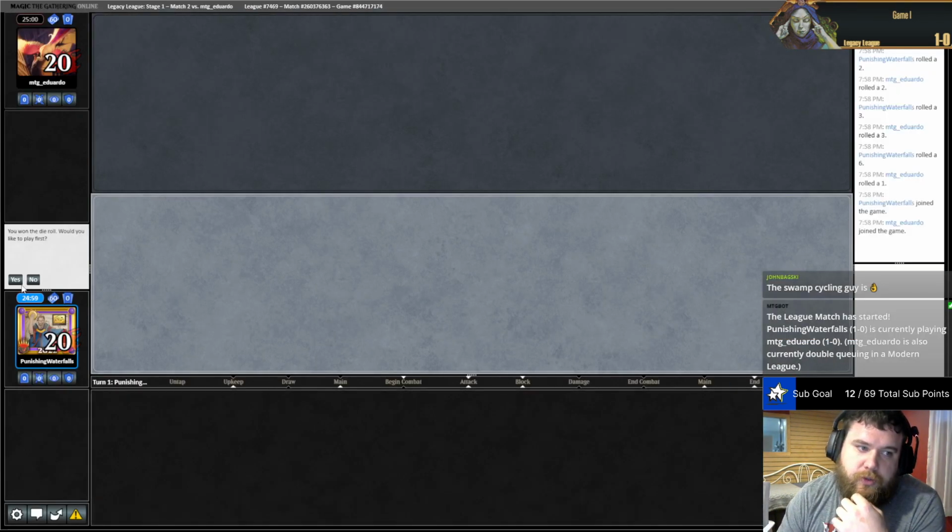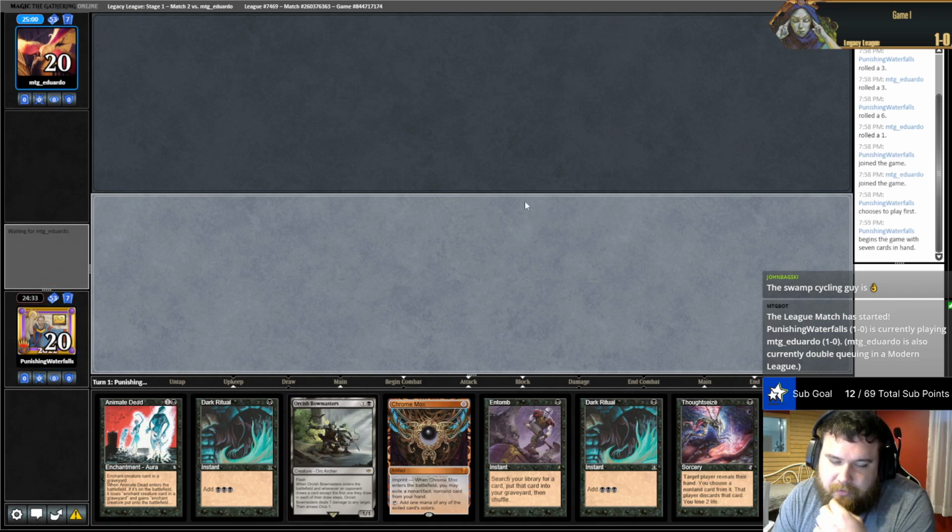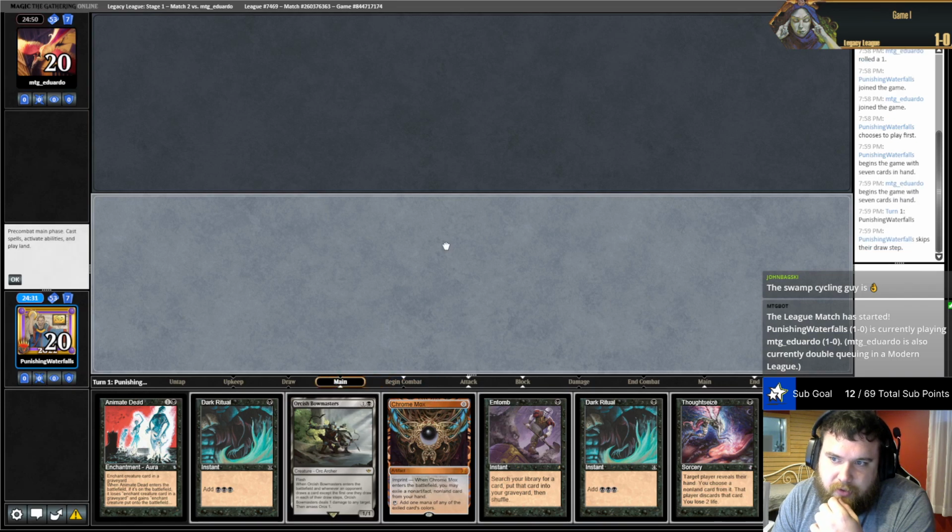Alright, MTG Eduardo. Well, this hand's... God, this is so stupid. This is so insane. I'm saying it's stupid, like how dumb this deck could be. I didn't do the math to see if we win, but I'm pretty sure we can win. Yeah, I'm gonna keep. The issue is that I don't have a land, so I can't...